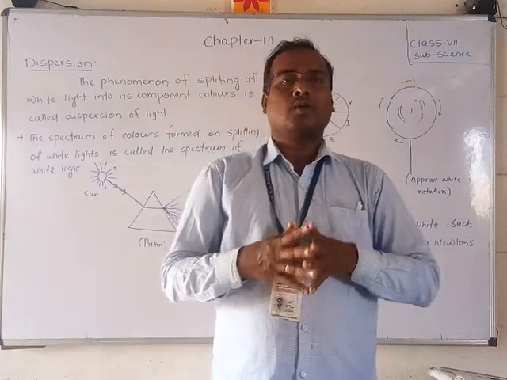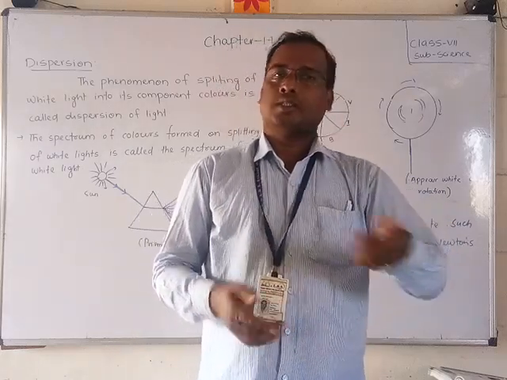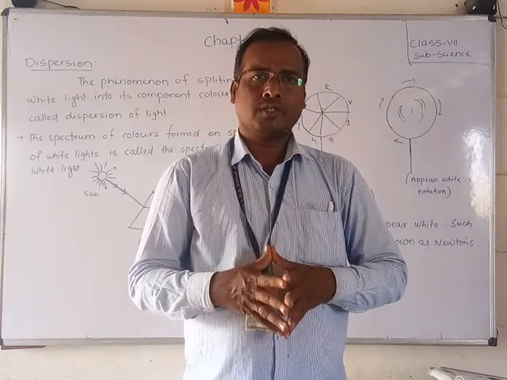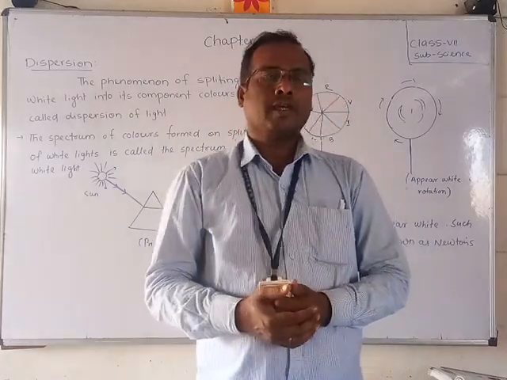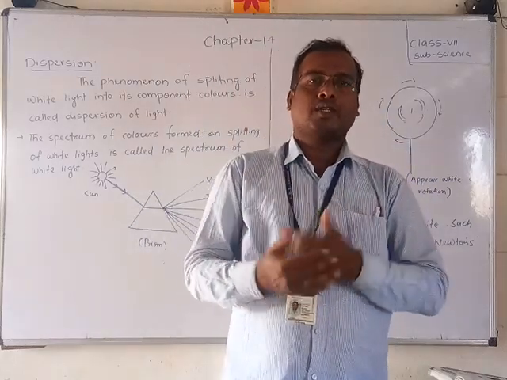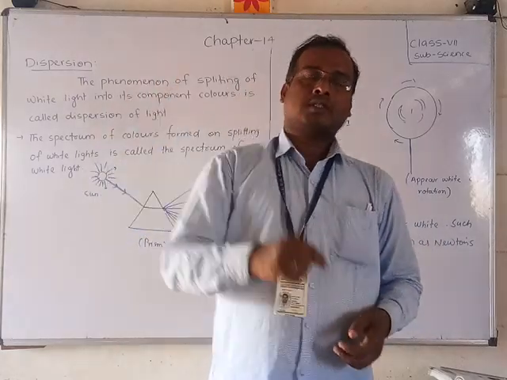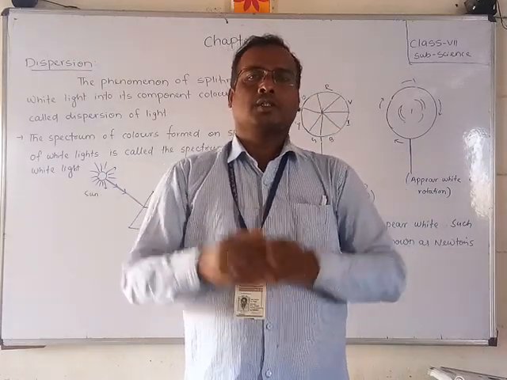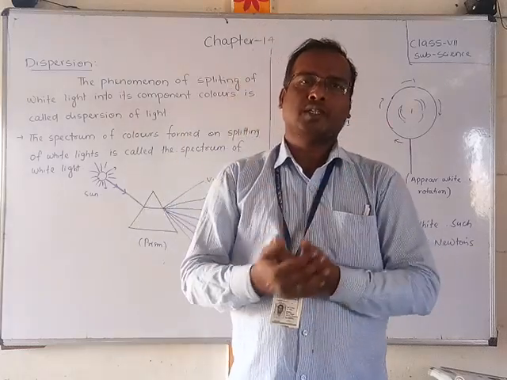You should observe that the rainbow comes after the rain stops. During the raining time it won't appear. After the rain has completely stopped, the rainbow will appear. Why? Because the water bubbles in the atmosphere act like a lens. When the sun rays fall on them, they pass from one medium to another, and you will observe the 7 colors dispersing, that means splitting into the 7 colors.